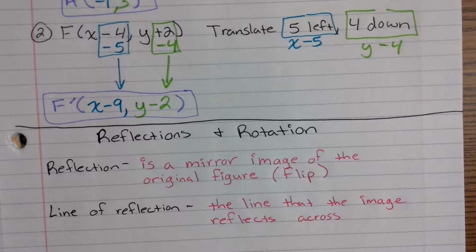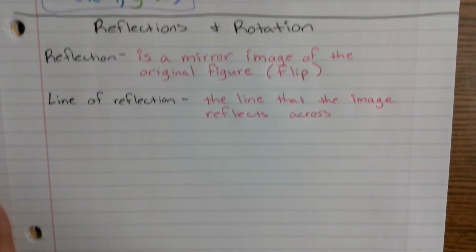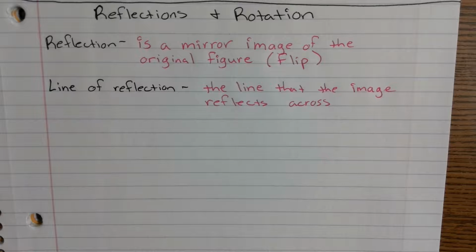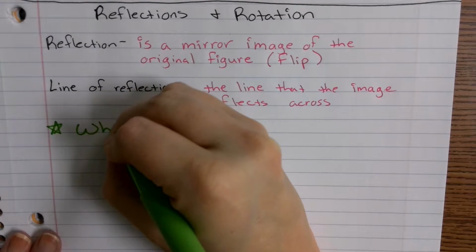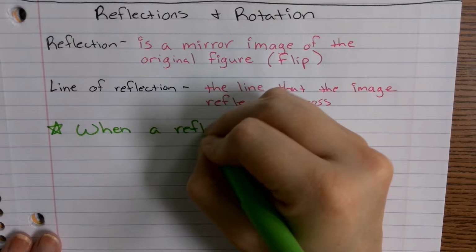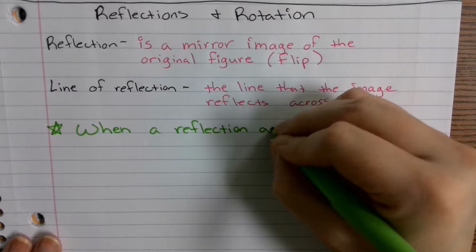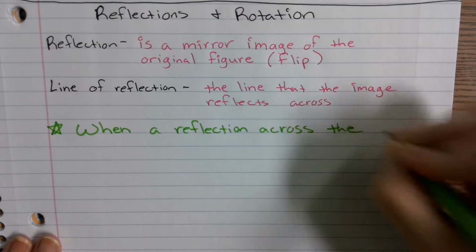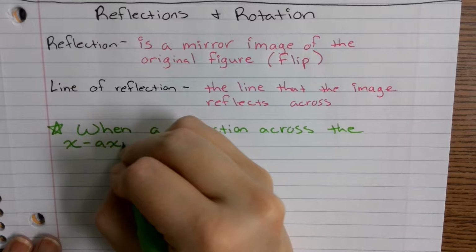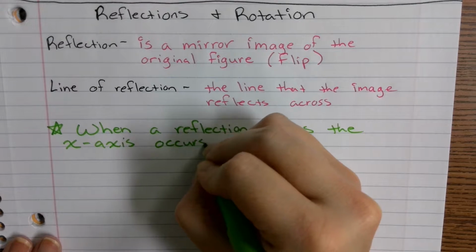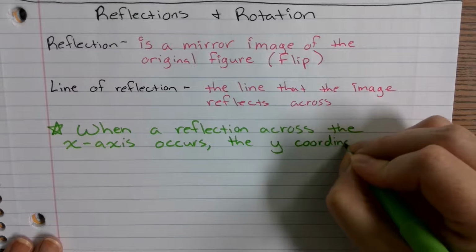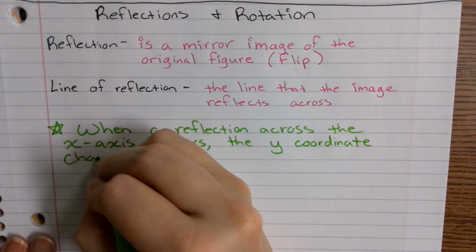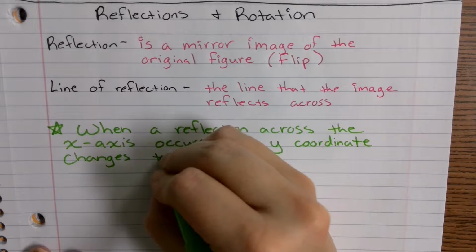So now a key thing to remember when you're reflecting, if we typically focus on reflecting across the x-axis or reflecting across the y-axis: when a reflection across the x-axis occurs, the y coordinate changes to its opposite,